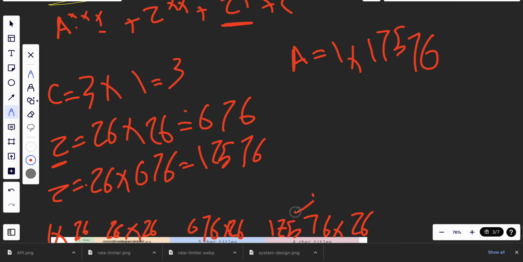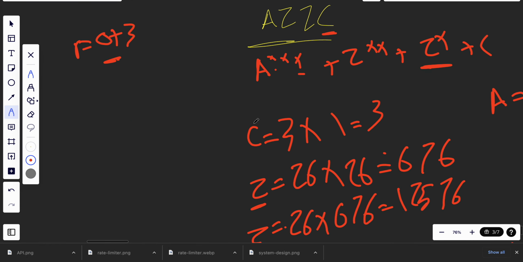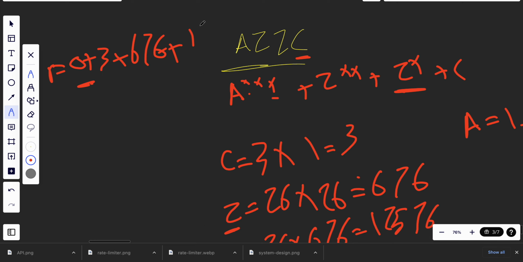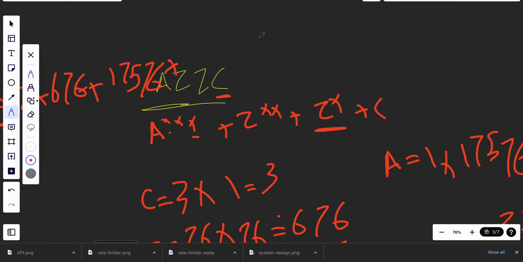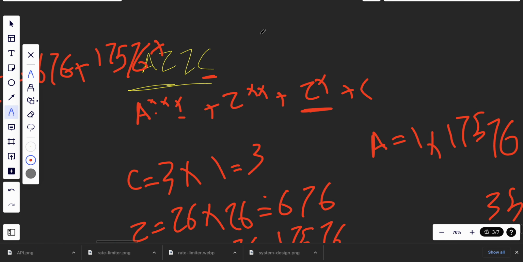We take this number from here, so it will equal, yo, it looks like a very big number. And basically we add all of these numbers to r, so plus 676 plus 17576 plus